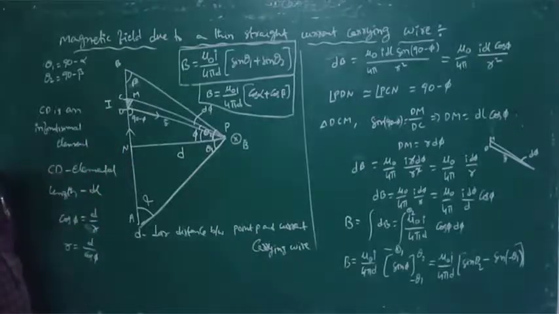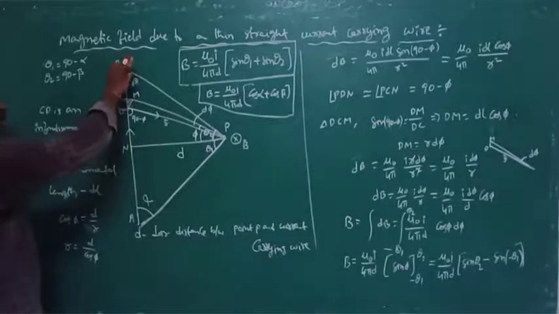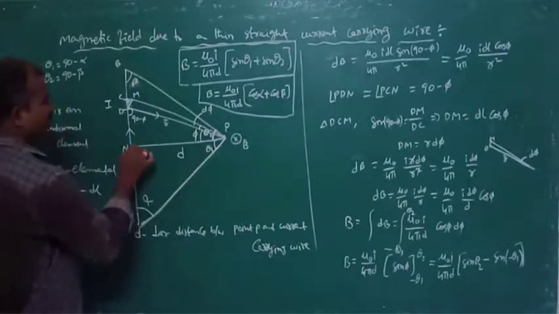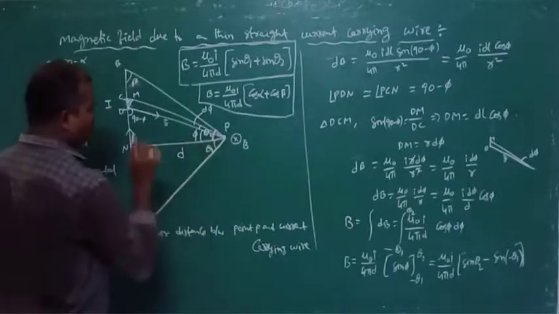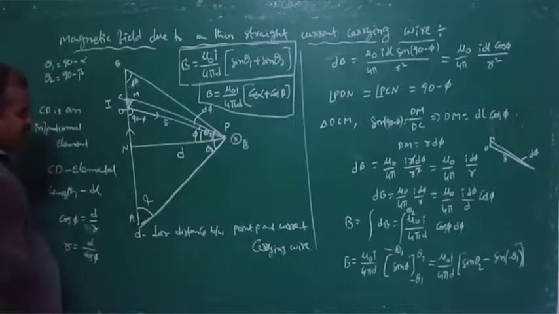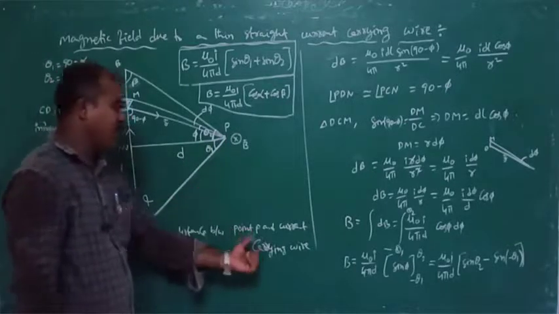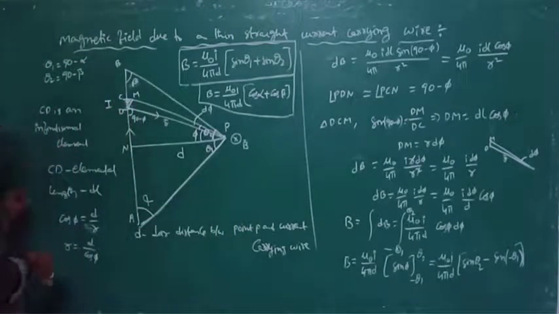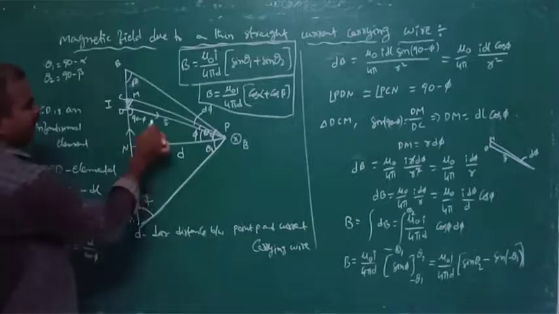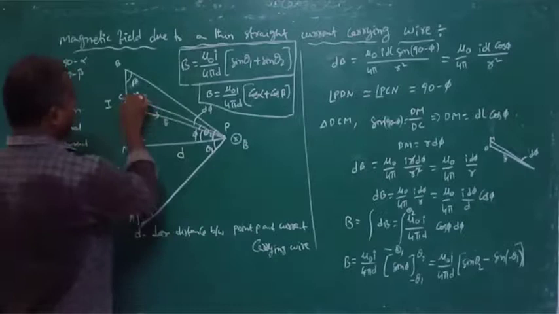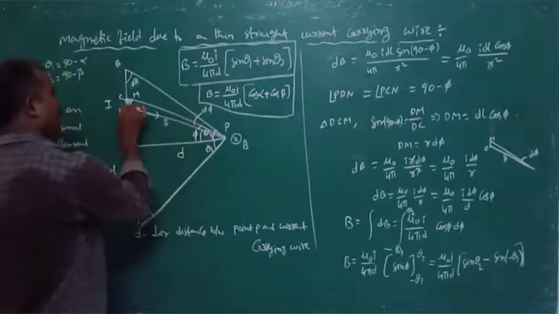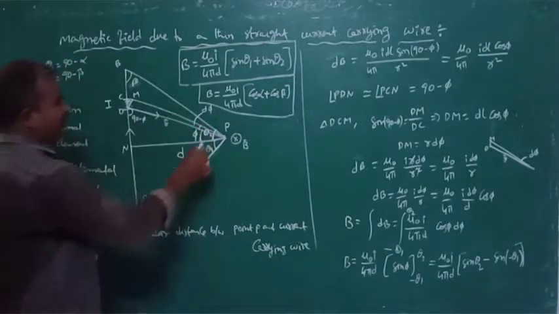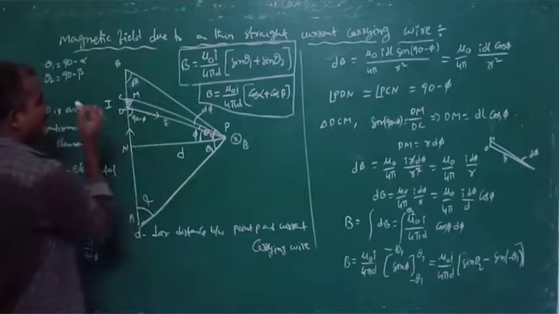Once again, see, the current carrying wire is AB. Let P be a point at a perpendicular distance from the wire where we need to find the magnetic field B. That perpendicular distance is d, the perpendicular distance between point P and the current carrying element. Let us consider a small element CD of elemental length dl. It makes an angle d phi from C to D. Then D, which is located at a distance r, makes an angle phi. The other angle is 90 minus phi.